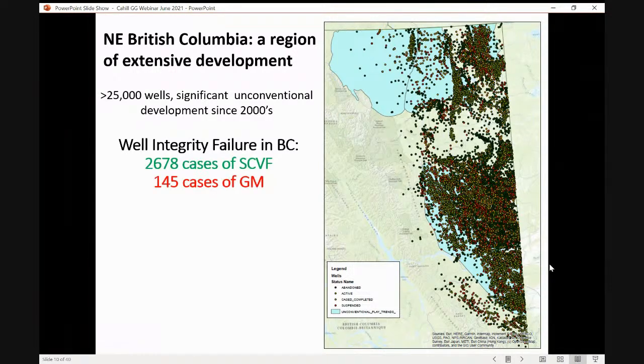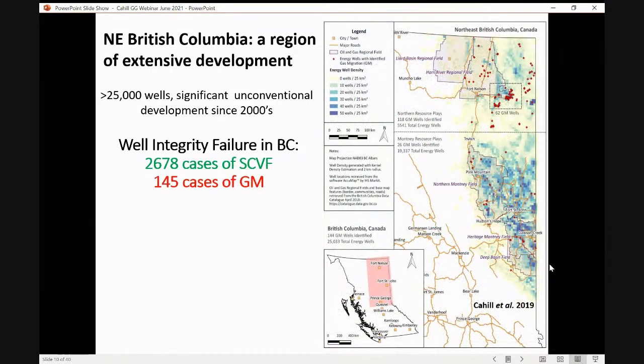And if we think about well integrity failure, and we look at the regulatory records, and a lot of this work has been done in conjunction with the regulator, we see that there's been close to 3,000 cases where we get inside casing failure and gas is moving around inside the casing, and about 145 outside the casing where gas has been detected around the well bores there. And we can look then at a map of this in terms of where the leaking wells are, and we can see a spread across the region. Here you can see on the map where the shading shows how many wells there are per 25 kilometers. You can see a cluster of gas migration wells up in the northern portion